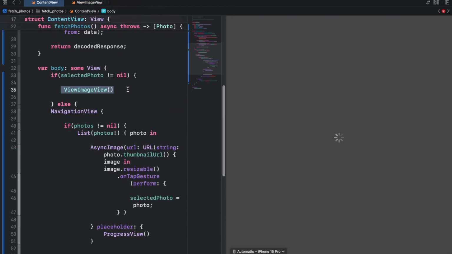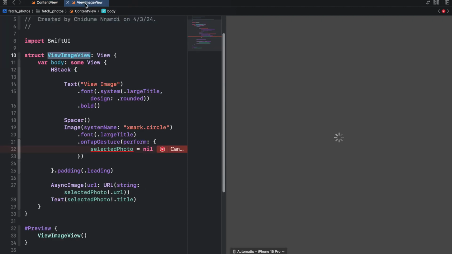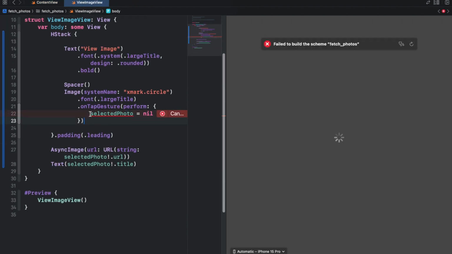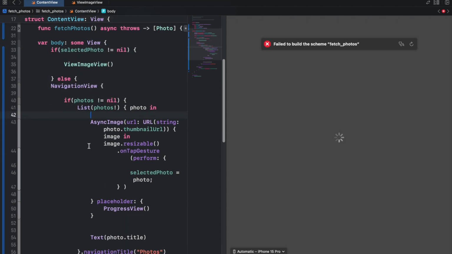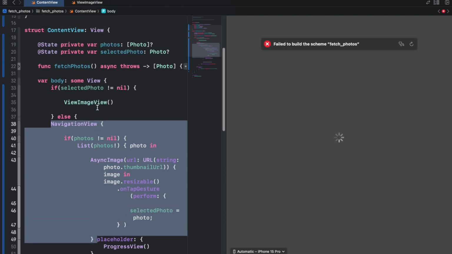Let's fix them up. Now you see inside this view image view file, we are still manipulating the selected photo by setting it to nil. So very good. What we are going to do is that we are going to bind this selected photo from the parent view, which is the content view, to its child view, which is the view image view, so that whatever we do in the view image view, it will still affect this content view, so that it will conditionally render our view back so as to display this navigation view. So to do that,